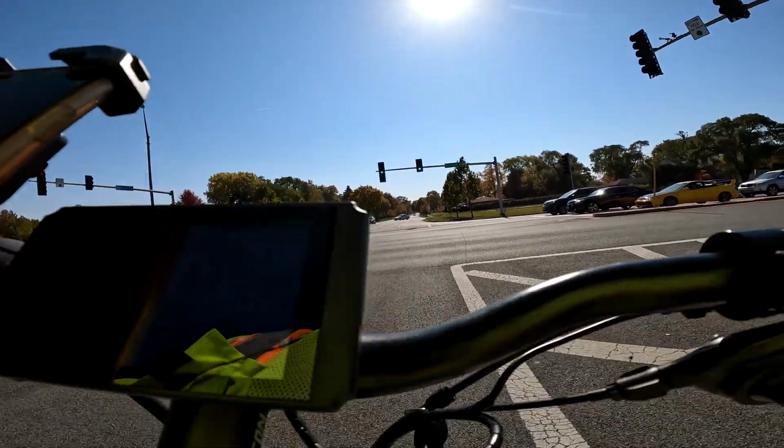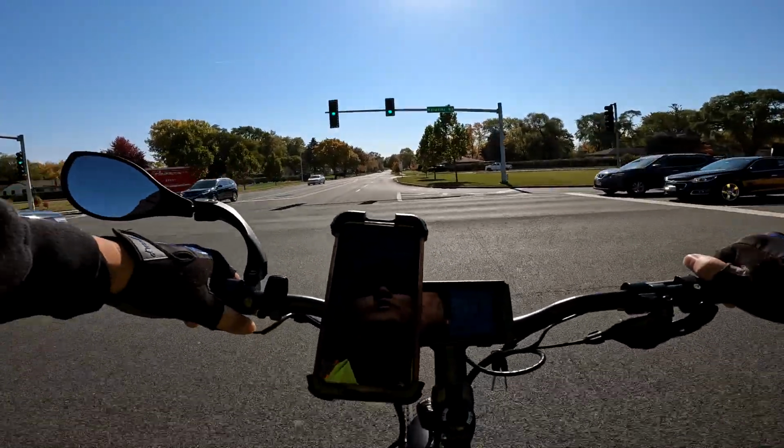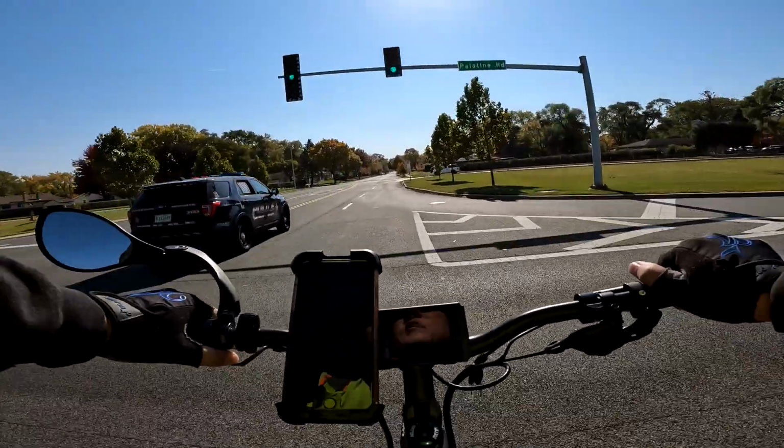All right. Now, an interesting thing about the batteries: my first bike was a Rad Power bike, and if you read their instructions, they tell you every 3 months or so you should charge up